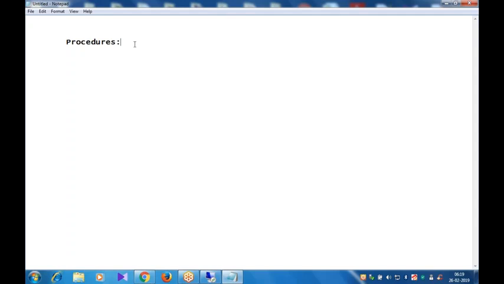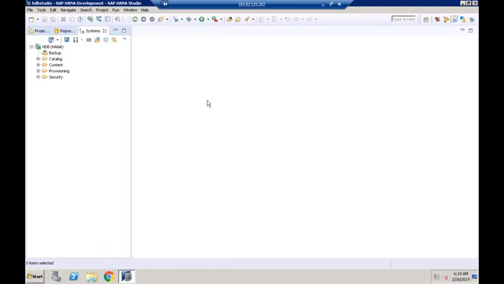So when do we go for a procedure? So far in the SQL console, we are executing the SQL statements one after the other, individual SQL statements. Instead of that, I want to club multiple SQL statements inside a block and execute them as a single call. So in a single call, I should be able to execute multiple SQL statements. And if the same statements have to be executed at many places, we'll go for defining procedures. The advantage of procedures is we have to define them only once and